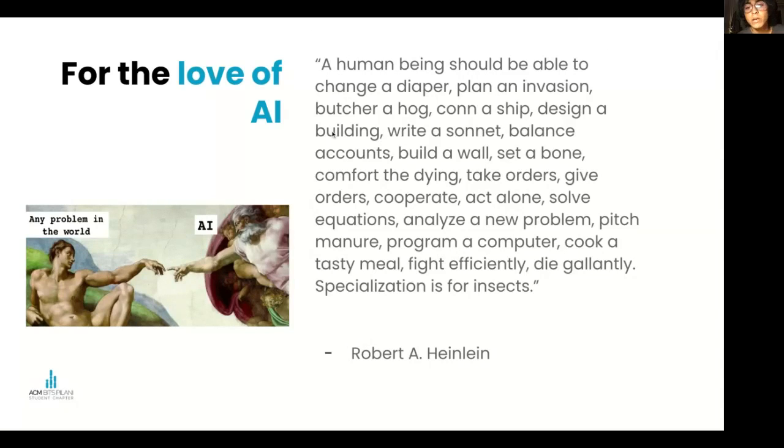So here is a quote by a very famous science fiction author. You can read the quote. And since we're talking about intelligence, there are many scientists who try to formalize intelligence. One being Alan Turing himself, the father of AI. So this test is called the Turing test. There is a machine and a human talking to one another, and there is another human with his back faced both to the machine and the human, trying to decode which one is which. If he is not able to tell or distinguish one from the other, the machine is said to have passed the Turing test.